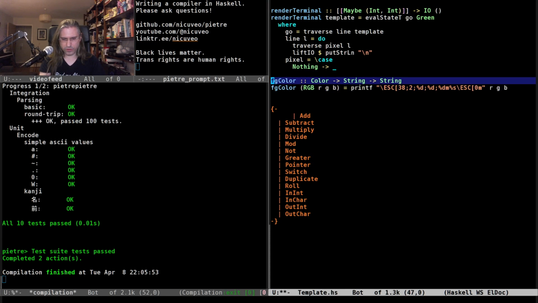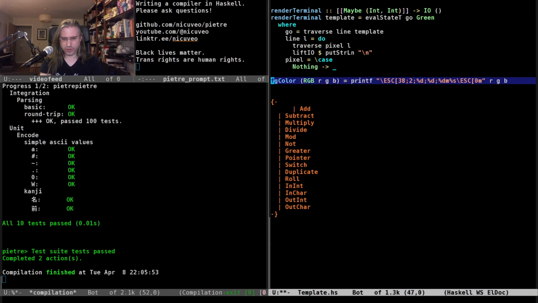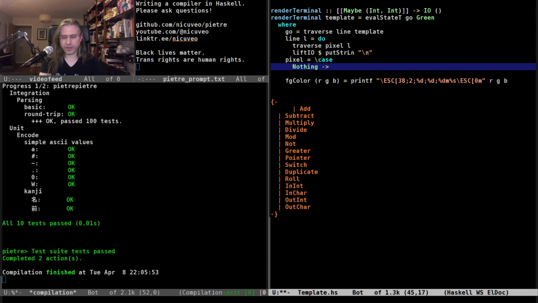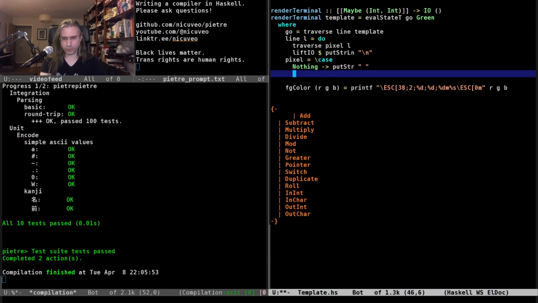So now this is going to be a helper function in this, and it's going to take RGB. Okay, there we go. So in the case of Nothing, we're just going to print a space.